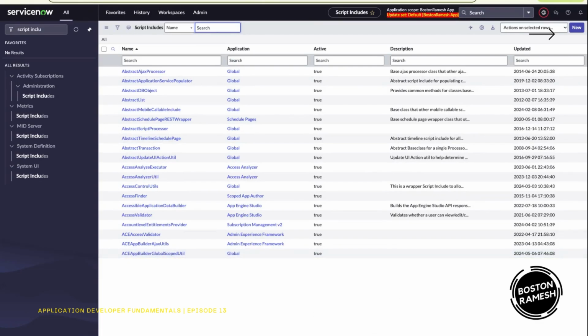It looks like there are 4,072 script includes right away available in an out-of-the-box installation. And with these script includes, you see the global scope as well as specific application scope, like access analyzer, subscription management, admin experience framework. So there are a bunch of different places these script includes were created, but I just want to show, because